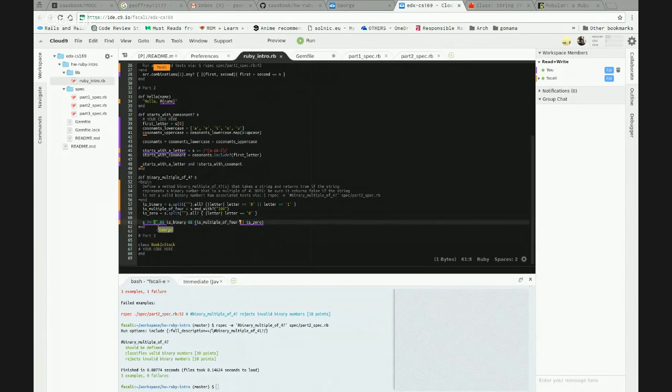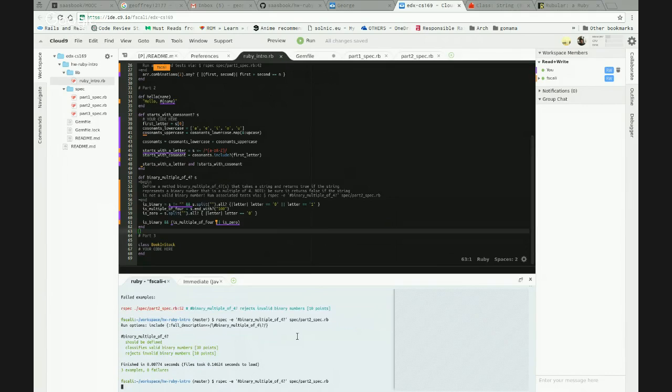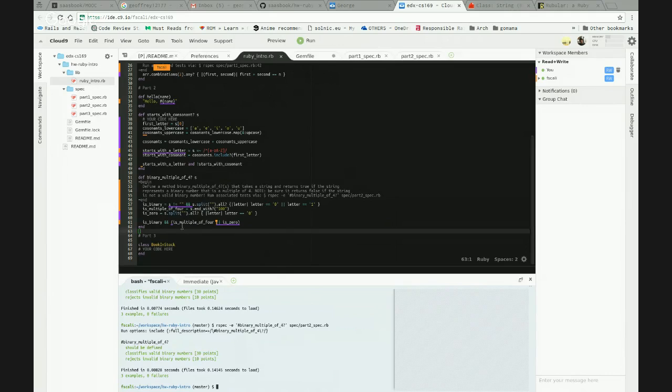I just added a check if it's a string, because it's binary. Actually, we can add it here because a string is not binary, just to be more precise. Okay. Now I like it. Yeah, I like it too.